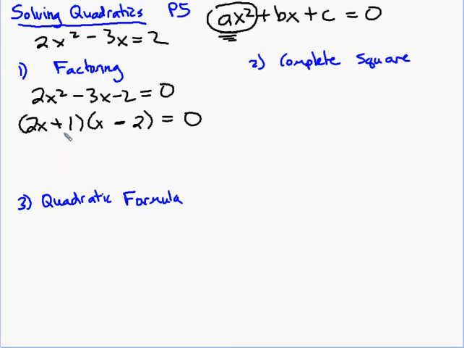Now, we're going to use the 0 property when we're factoring. See, 0 must be on the right-hand side, which means one of these 2 things must be 0. If I had a times b equals 0, you know that either a or b would have to be 0, because anything times 0 is 0. Or they both could be 0. So we're going to say 2x plus 1 equals 0, or x minus 2 equals 0. And then we solve both of those. So we subtract the 1 and divide by 2, get x equals negative a half. And here we add the 2, and we get 2. Alright, so